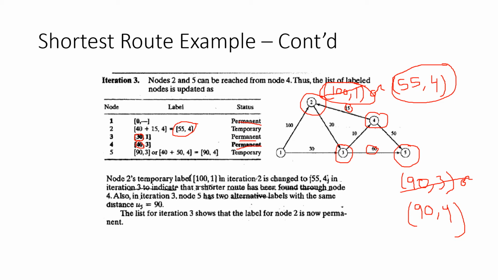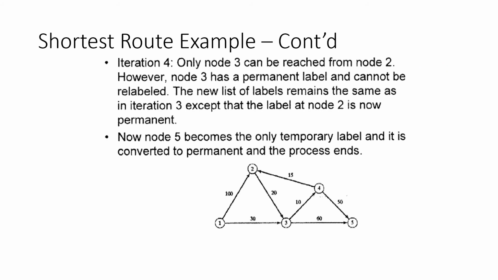So 55 is the smaller anyway, so this one will be made permanent in this iteration. Okay, so in the next slide you're going to see that now we made node 2 permanent, and